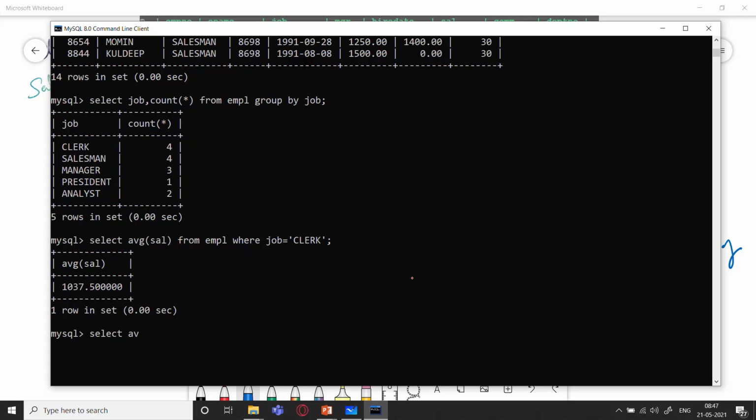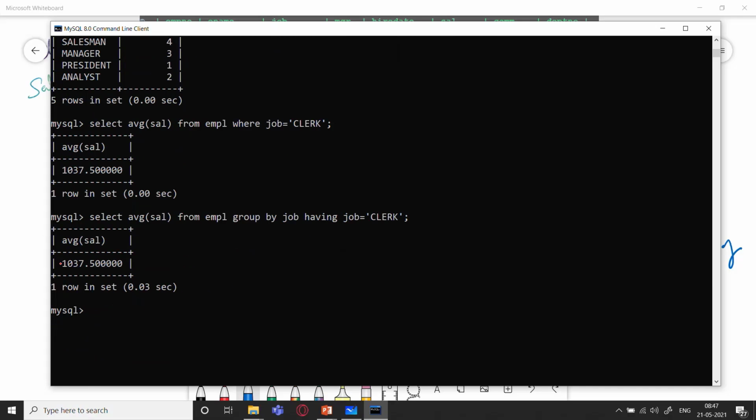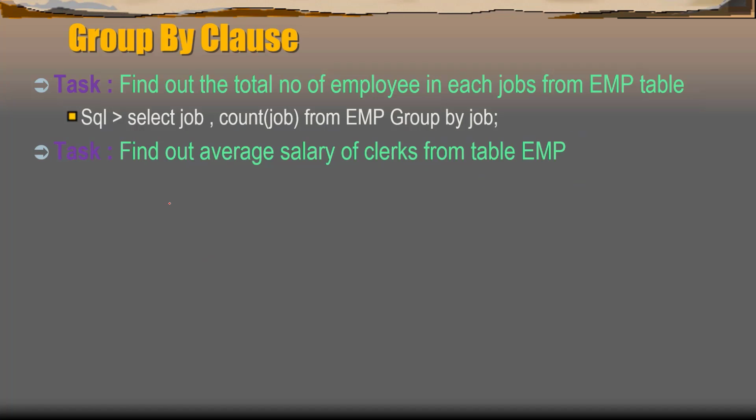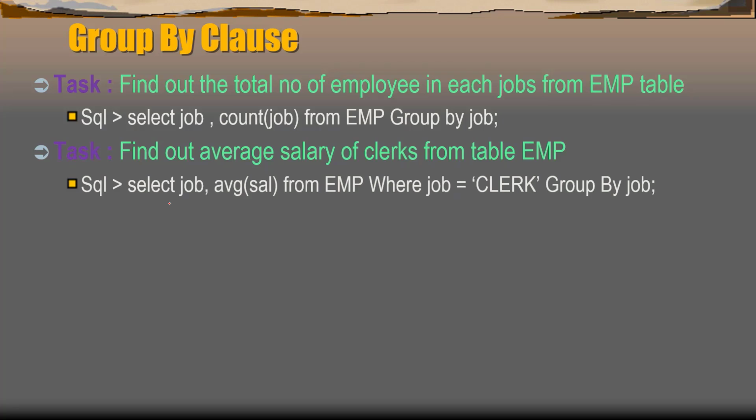And the second one, from EMPL, group by job having job as clerk. So in that case also we are getting the same answer. The answer is the same in both cases. But we will see exclusively those cases where where will not work in the forthcoming slides.